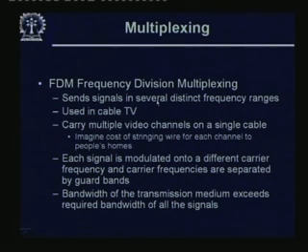This FDM sends signals in several distinct frequency ranges. One of the oldest uses of frequency division multiplexing is in radio. For example, we have this electromagnetic field, this our atmosphere, let us say, through which electromagnetic radiation can pass, and of course, electromagnetic radiation can be of a very large range of bandwidth. The whole range of bandwidth is there. Out of that, the so called radio frequencies constitute just one part of it, a fairly important part of it,